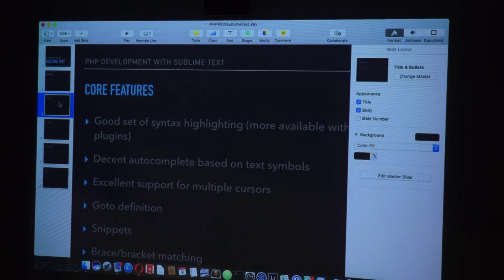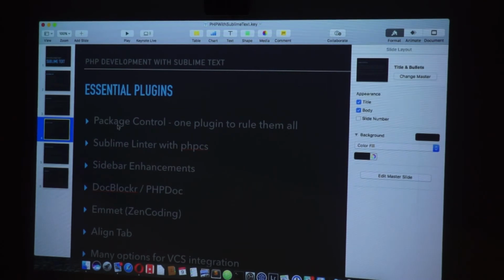What's shown on that core features? Yeah, so